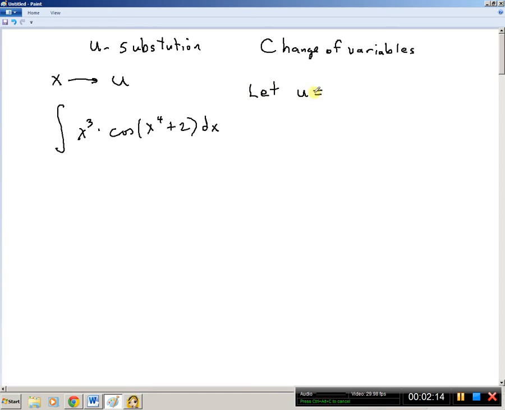And what you choose for u is a function that is in the problem somewhere that you could reduce down to just u, and it would simplify things. But you also have to have one other constraint in mind, and that is that the derivative of this function u, whatever that might be, is basically hanging around. And the reason that this is all going to work is that, in fact, if you let u equal this complicated mess inside the cosine, this x to the fourth plus 2,